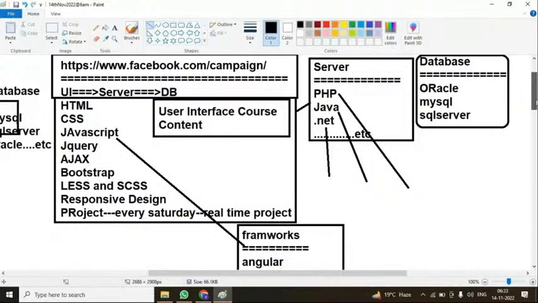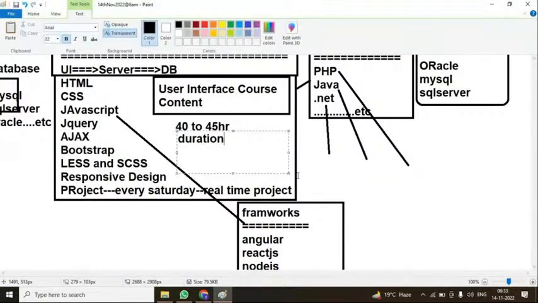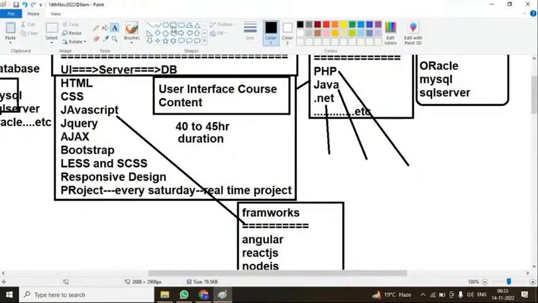As of now, I'm going to explain all these topics over the next 2 months, almost 40 to 45 hours of sessions, Monday to Friday. That is the total duration in which I'm going to cover our topics. So what final achievement can we reach after these 2 months, 45 hours of time? You can see here one attractive user